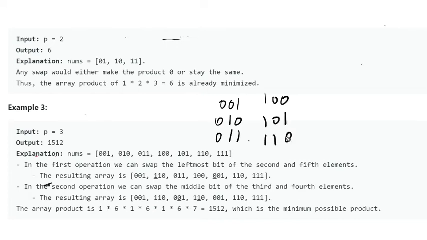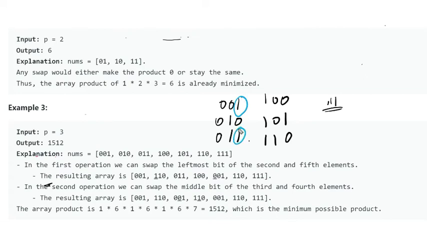Now think once: when will we get the minimum product? There is also triple one. Leave triple one as of now, we will think about it later. See, the count of ones and zeros at a particular bit is always the same.